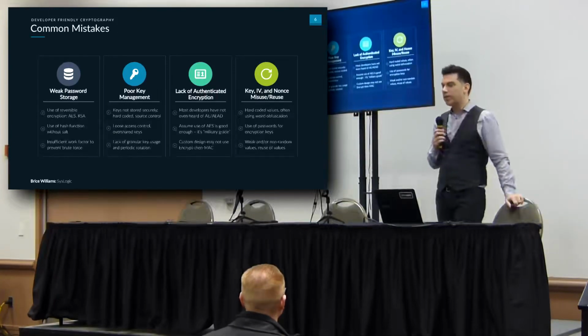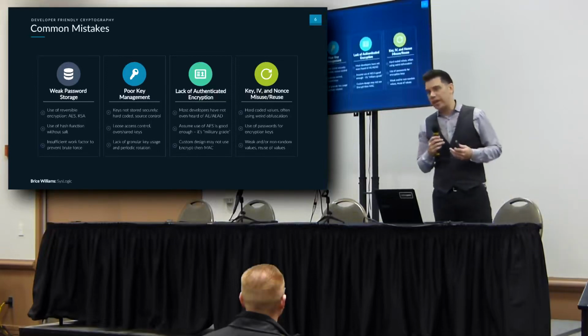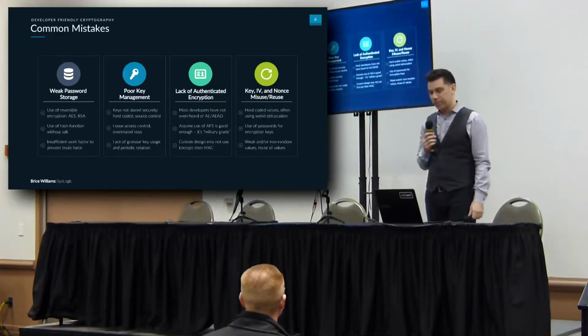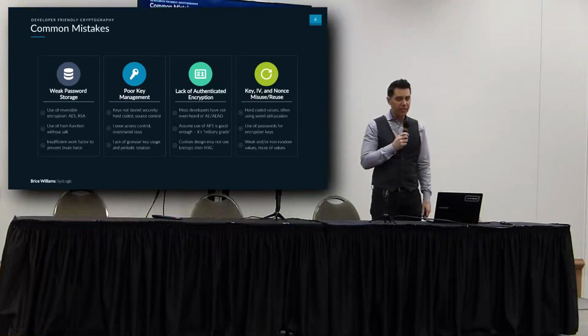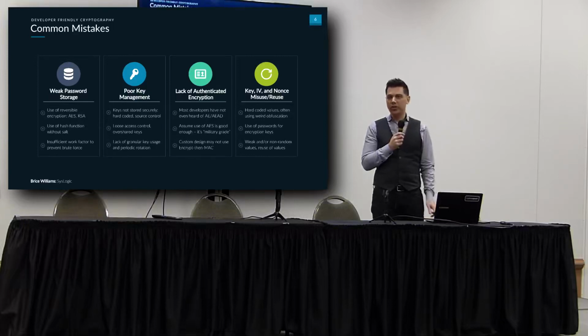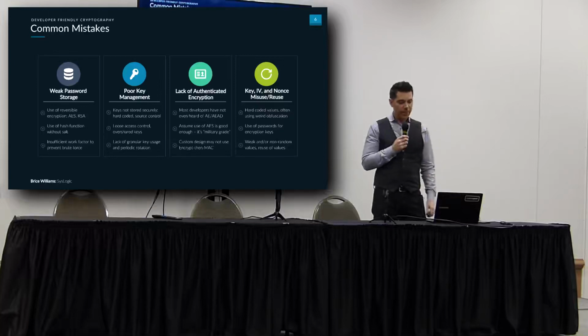Or they may know they need to use authenticated encryption, so they go down the path of developing an authenticated encryption construction based on something, but it's not the preferred encrypt-and-MAC approach. We also see use of keys, initialization vectors, and nonces in a way where there's misuse, there's reuse of keys, they're hard-coded, they're using some sort of strange obfuscation to protect them.